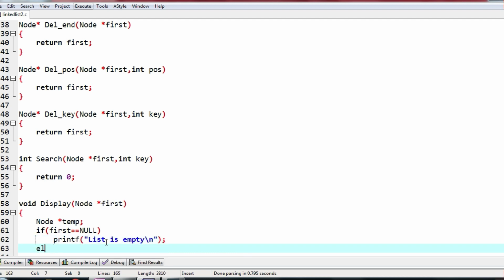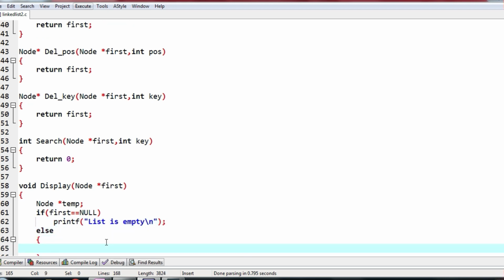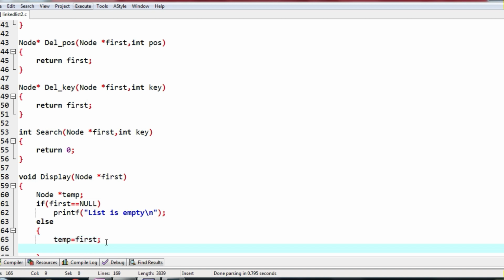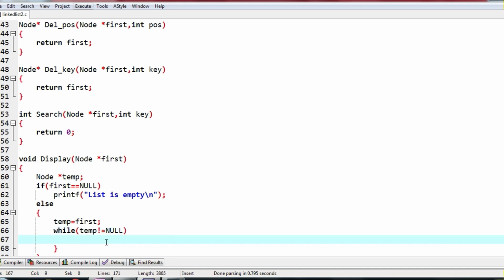Else, so if first pointer is not null, then we have to print. So how to print the contents? First we will assign first pointer to temp, temp is a temporary pointer. We are storing whatever is there in first, that is copied to temp, and while temp not equal to null, just print the values, that's it.